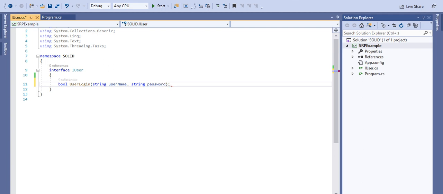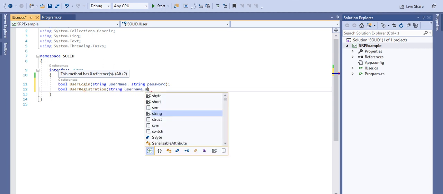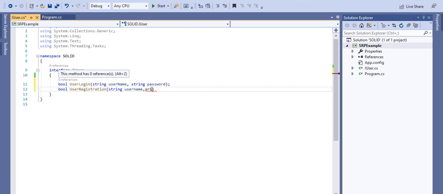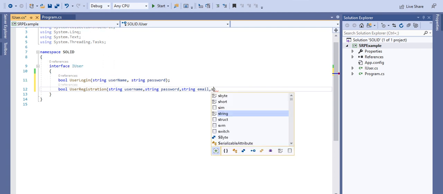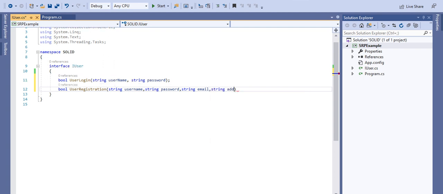This is one function, and apart from this I will take another function called UserRegistration, and it will take string username, string password, string email, and string address.